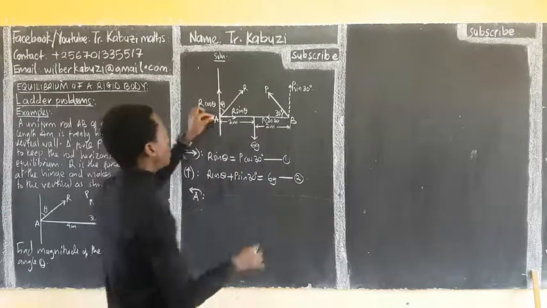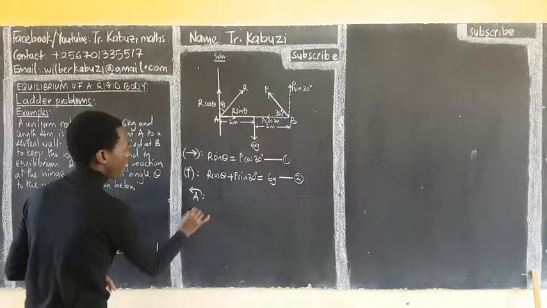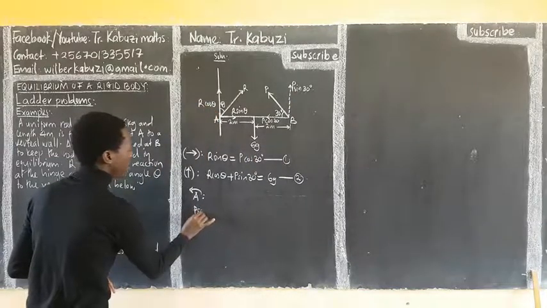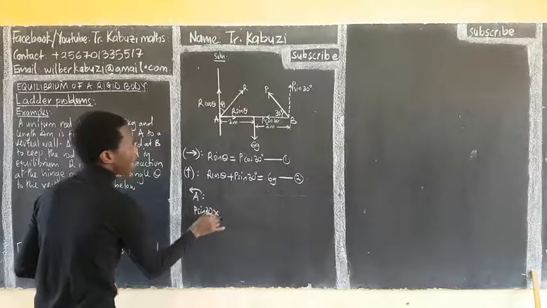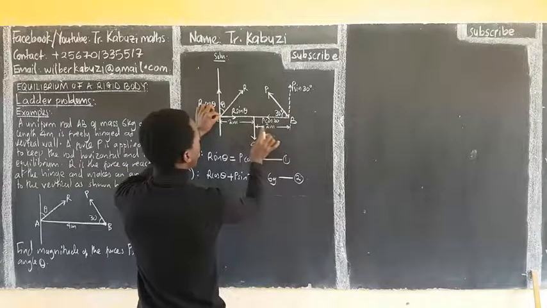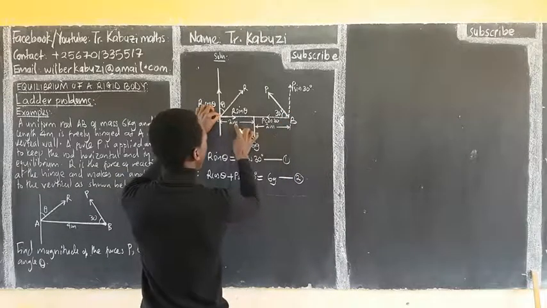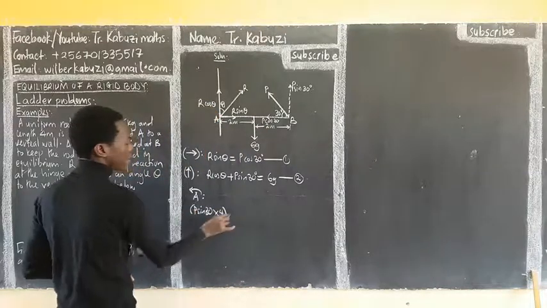Anti-clockwise, this one is going like this. So first, P sine 30 times the distance from here up to this point, which is this plus this, so times 4, then plus